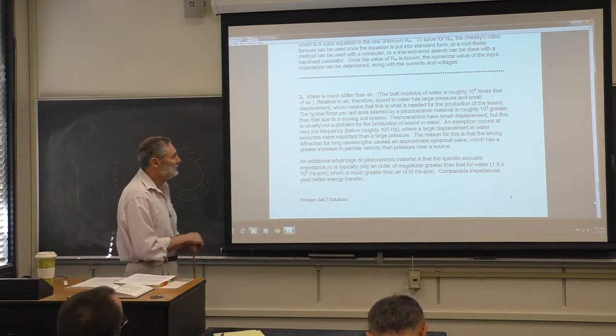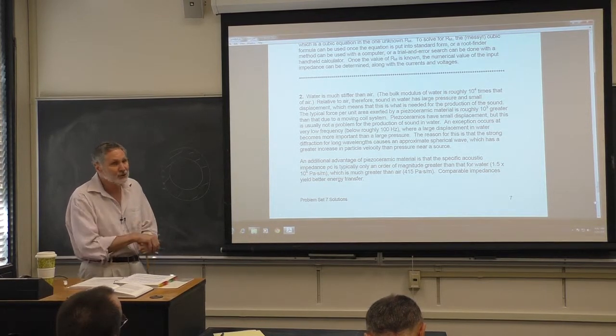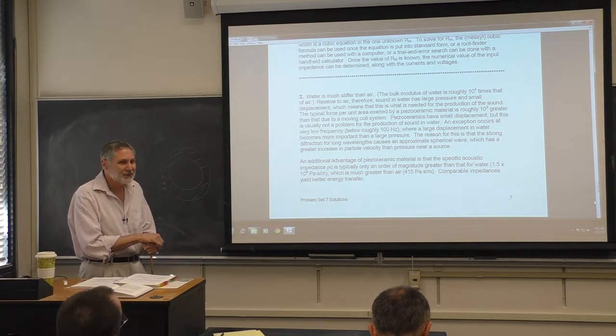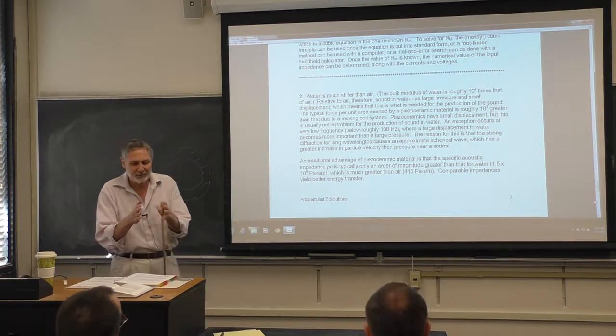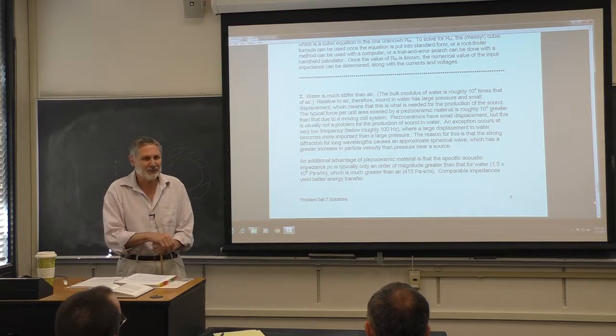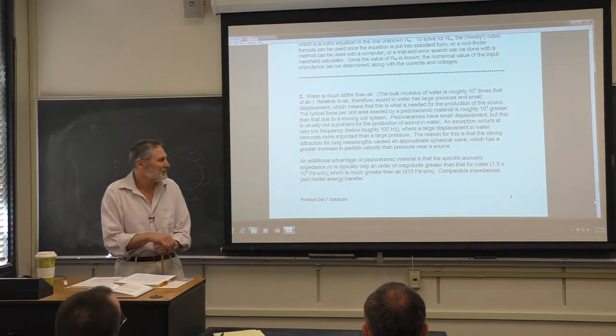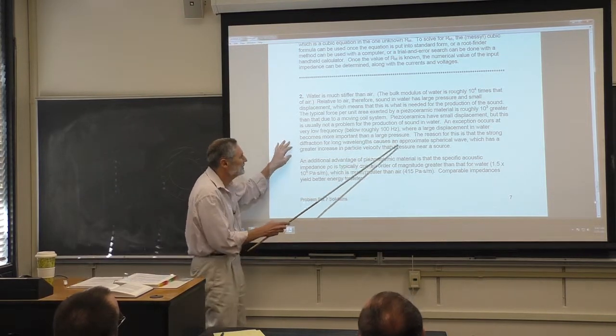Okay, piezoelectrics, they're solids, they have small displacement, but this is usually not a problem in water. But there is an exception. When you go to low frequency, this whole idea of small displacements and big pressures starts to break down, and it breaks down more and more. So why is that? Well, it took me a few times teaching this course to realize this. I think the reason is,